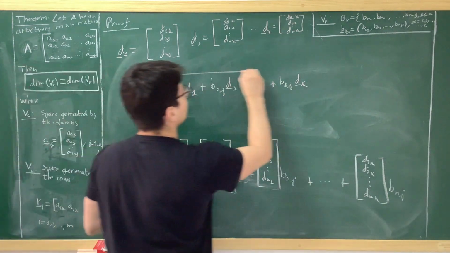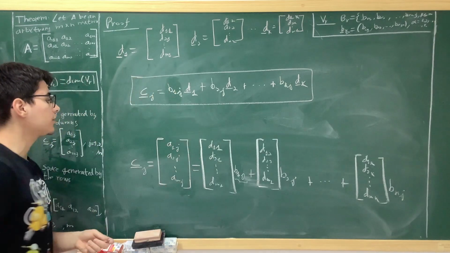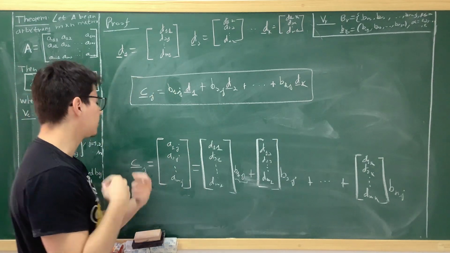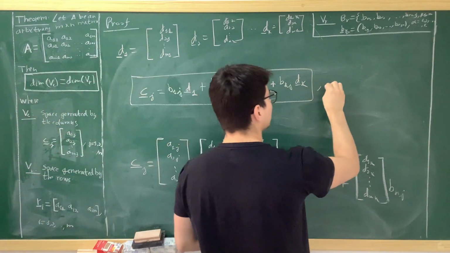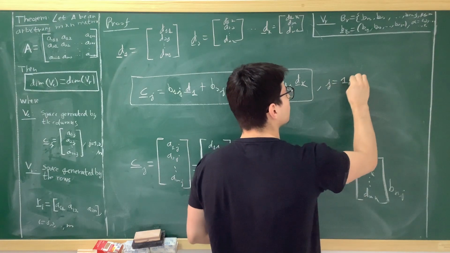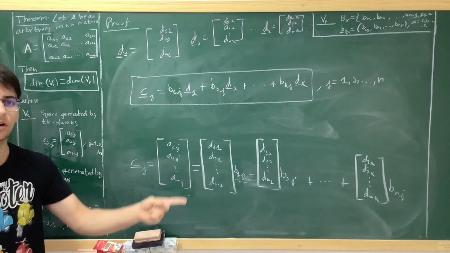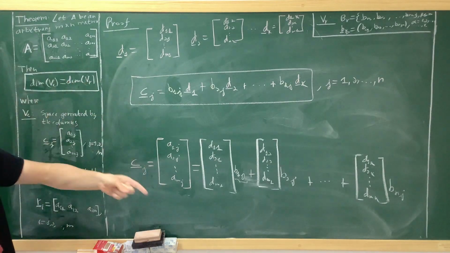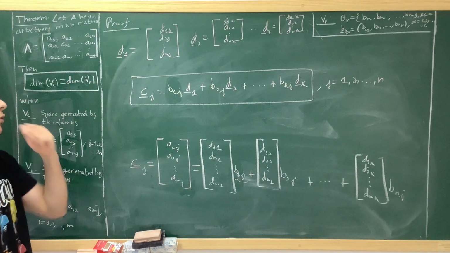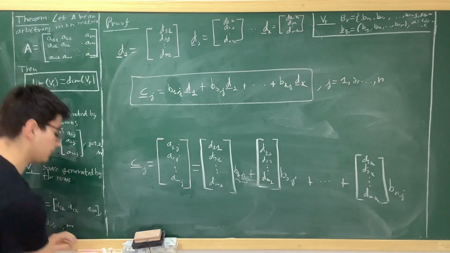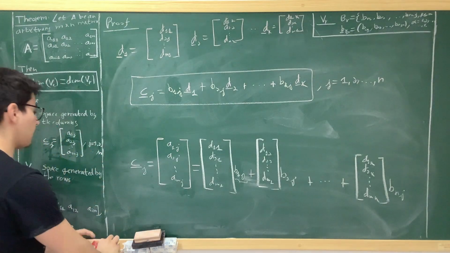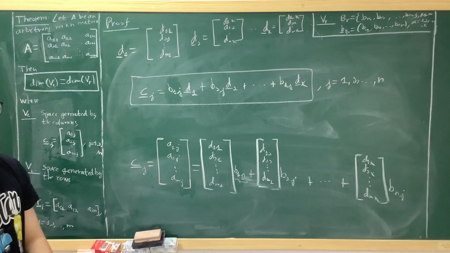So what is this? Well, this holds really for any j, because we have done it for any general j. So j really is 1, 2, and so on until we get to n. So this holds for any column, for the first column, for the second one, and so on, and you can check it if you want. Sorry, what does this mean? Well, this just means that any